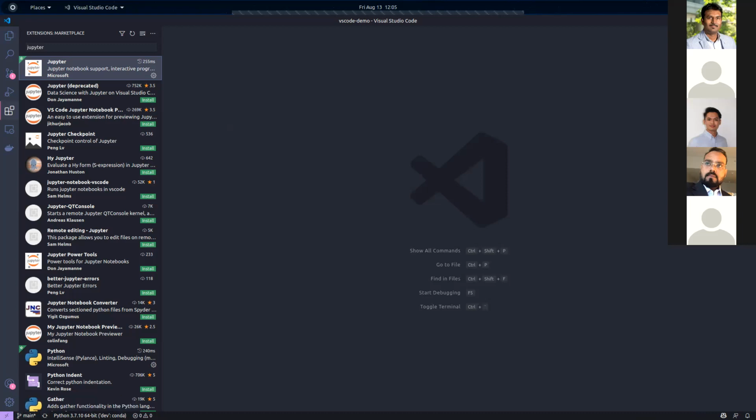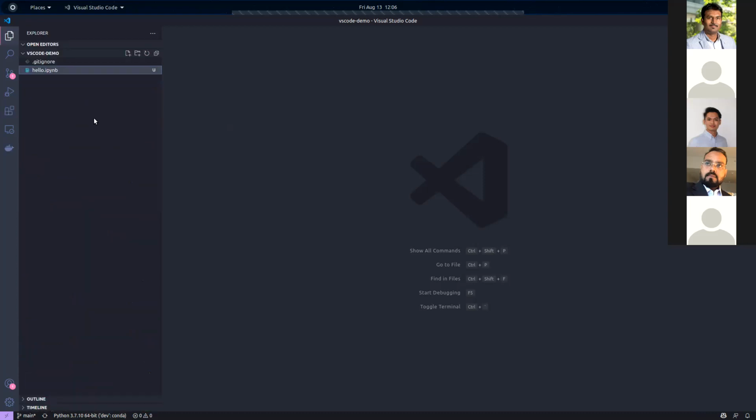Then this is the synchronization button that syncs your local version of your code with the remote repository. And then there's the Python extension, which shows the current Python interpreter that I use. I'll just move on to the programming aspect of it.